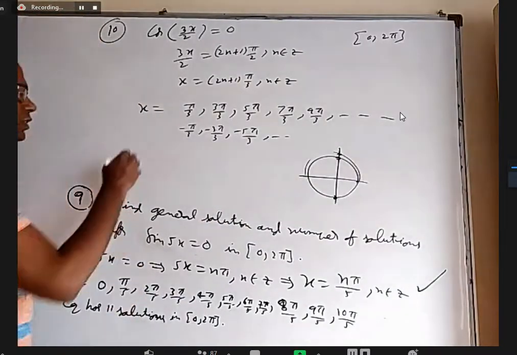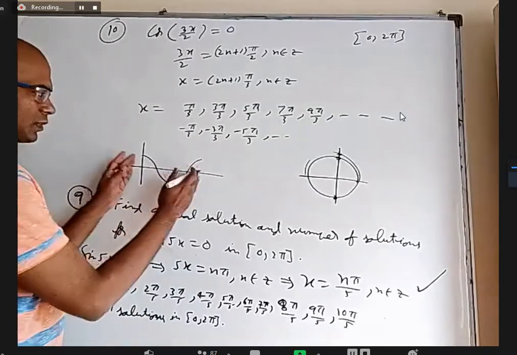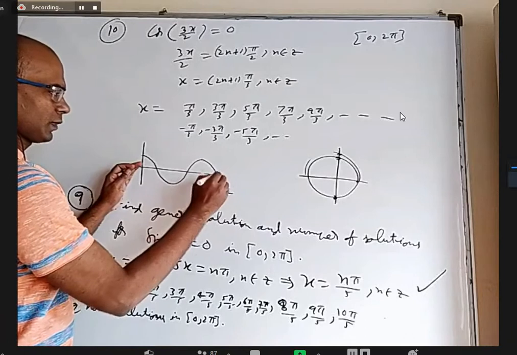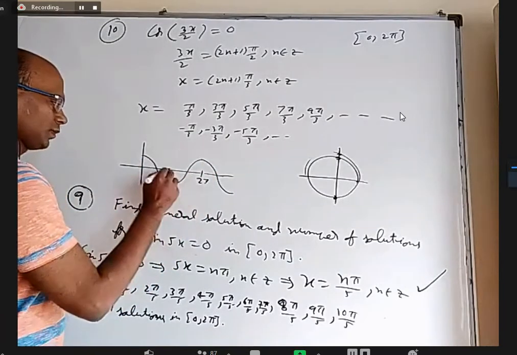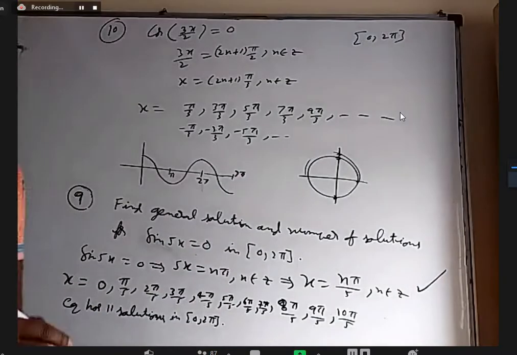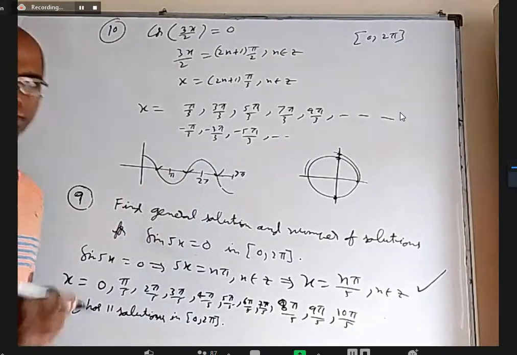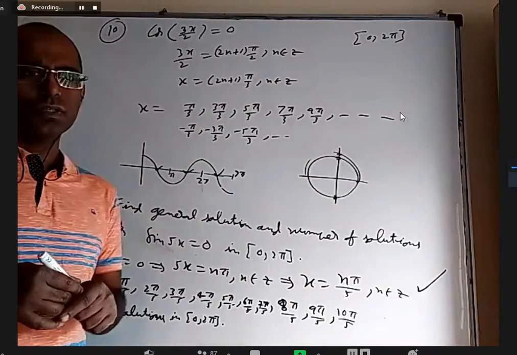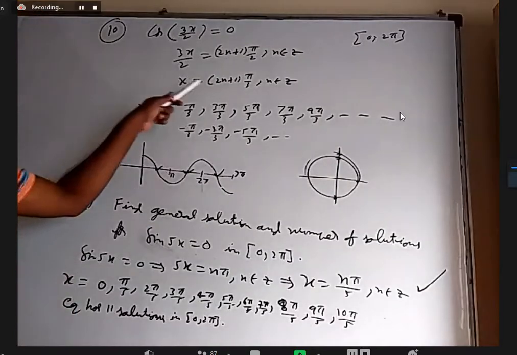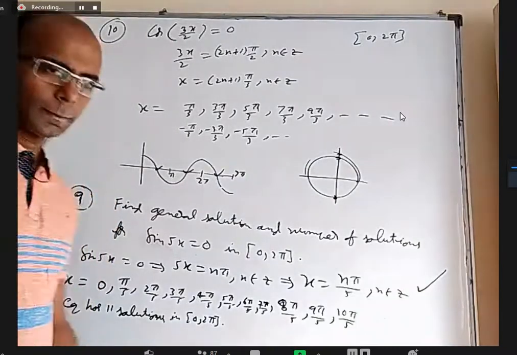If somebody wants a graph, you know the regular cos x graph between 0 to 3 pi. This is between 0 to 2 pi plus one more like this only. This is pi, this is 2 pi, this is 3 pi. This is a graph of cos x between 0 to 3 pi. It is 0 once, twice, thrice. So if you want the number of solutions, we can understand it on the graph also. But if you do want to know what those solutions are, a general solution, better to use the formula.